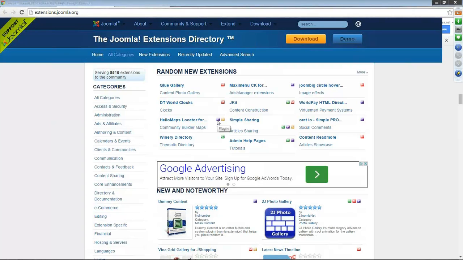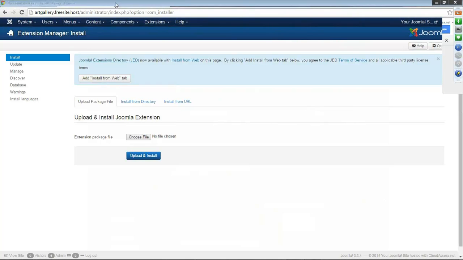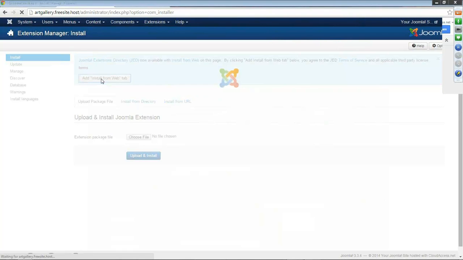that you add to different areas of the site. Components are a large piece of software that really dramatically change the site. They usually have modules and menu items that come with them as well. So we're going to return to the back end though, because if we click on this tab or that button,